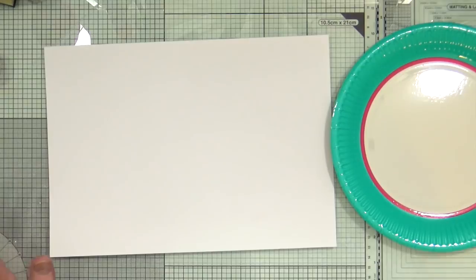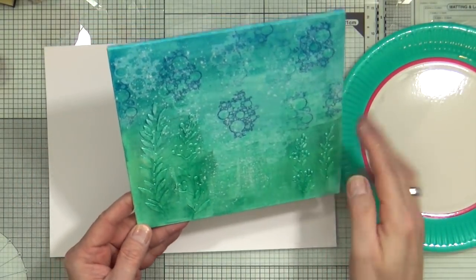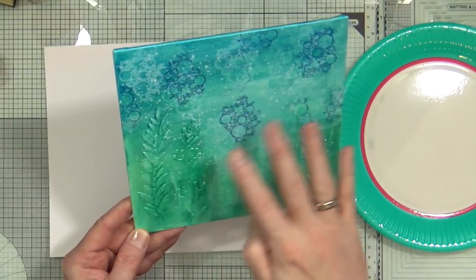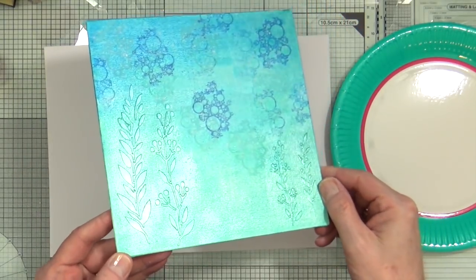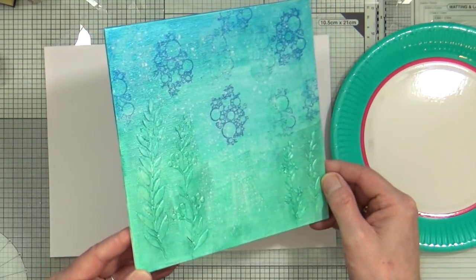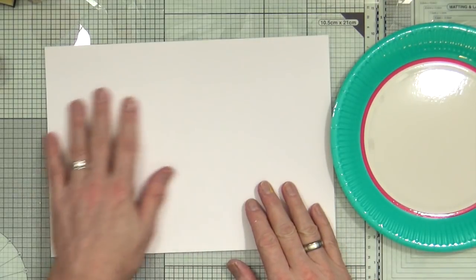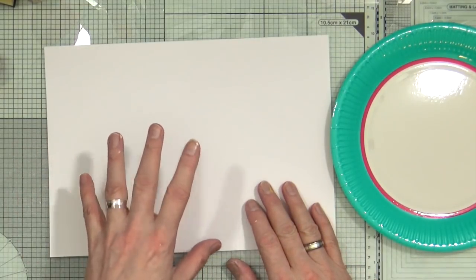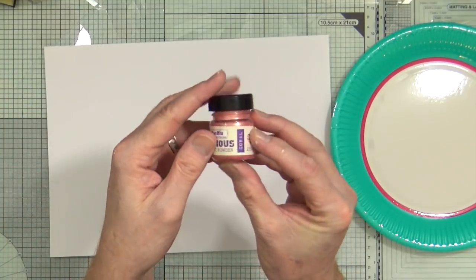Okay, so I've put the canvas to one side for a second. Actually, let me just bring it back in to show you. There you go, you've got those lovely kind of white splatters in the background, all adding some nice texture in there. And then when you tilt it the other way, you've got all that lovely kind of shine and shimmer, which is just magic. So, next step, I have a sheet of white stamping card from IndigoBlu, and I've taken out my coral